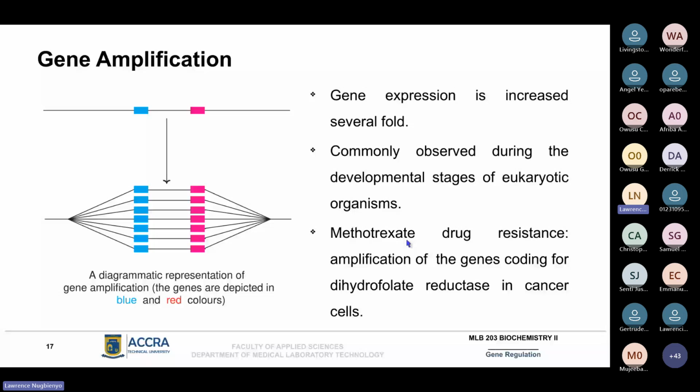That form of gene regulation is what is being referred to here as gene amplification. It is unintended. The drug is not introduced into the system to cause the gene to get overexpressed, but the cancer cells themselves